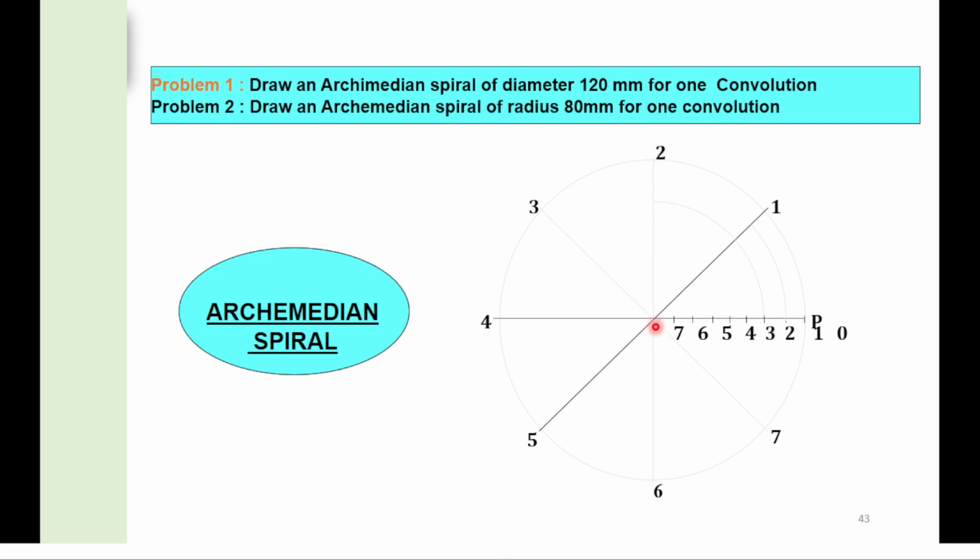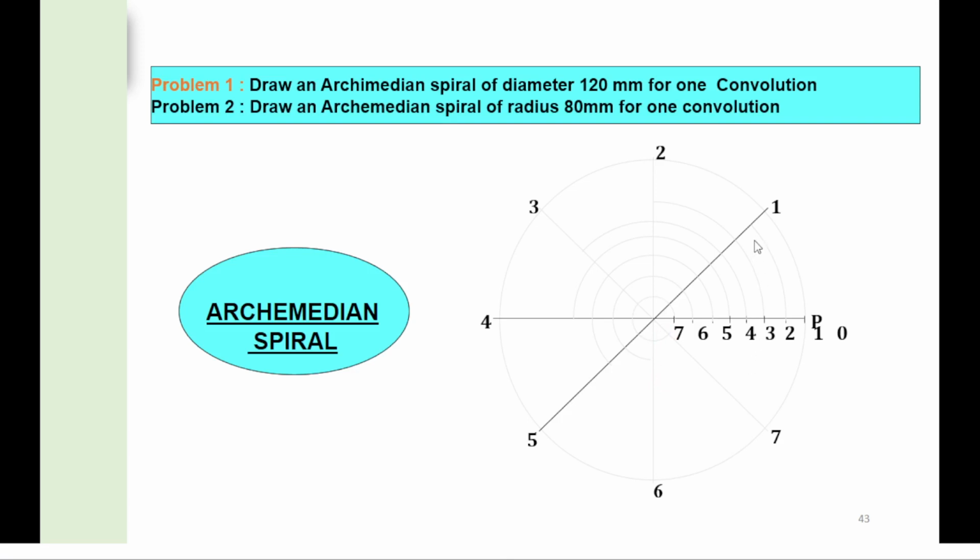Then taking radius equal to center to point number 3, we will mark a circular arc till line number 3. Then with C4 as a distance, we will mark a circular arc till line number 4. Then C5 as a distance, we will mark a circular arc till line number 5. C6 as a distance, we will trace out this circular arc till line number 6. Then C7, so this will be your last point.